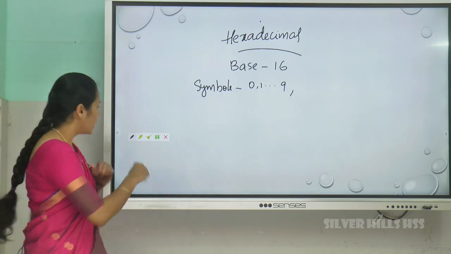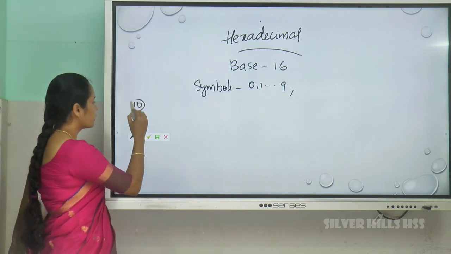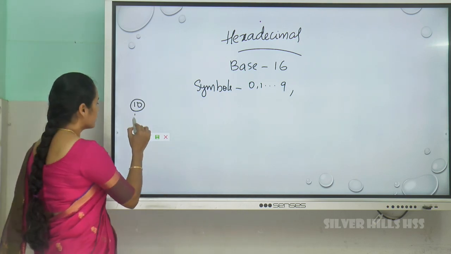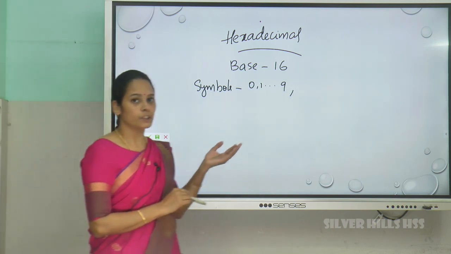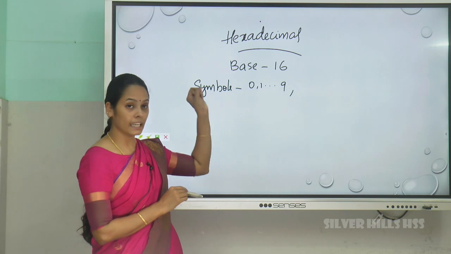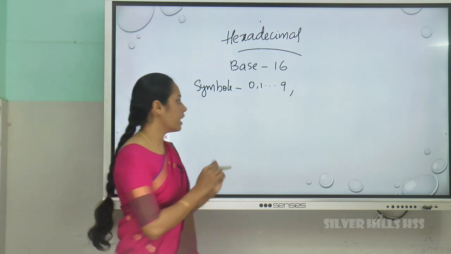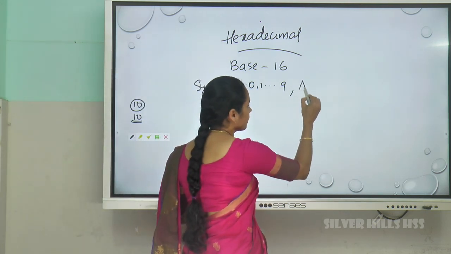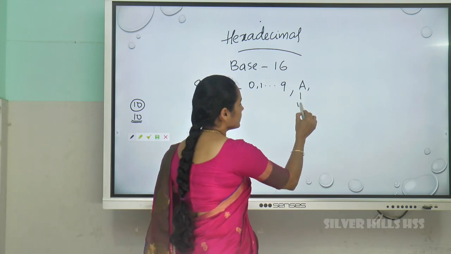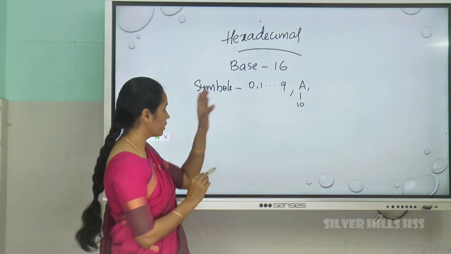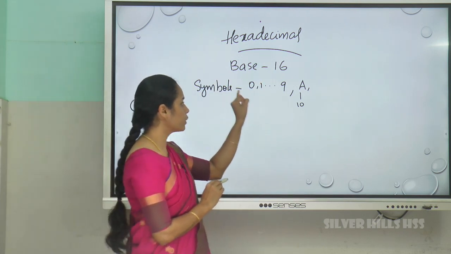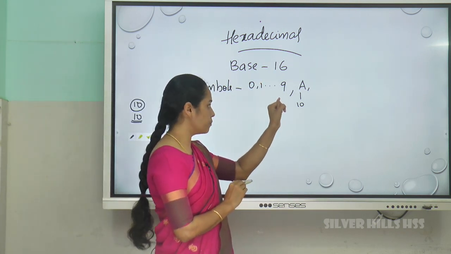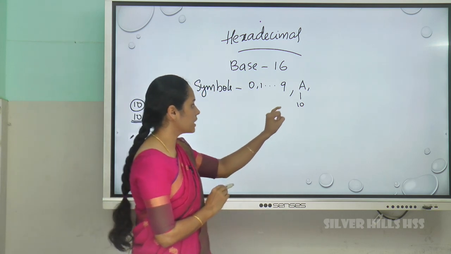to represent the number 10, if you are writing the number 10, it is there inside decimal. This number 10, if you are writing it, it is there inside binary also. To represent the number 10 in hexadecimal, we use the symbol A. Then this indicates the number 10. And I told you it has 16 symbols. 0 to 9 are the first 10 symbols, and then the remaining symbols are 10 and up.